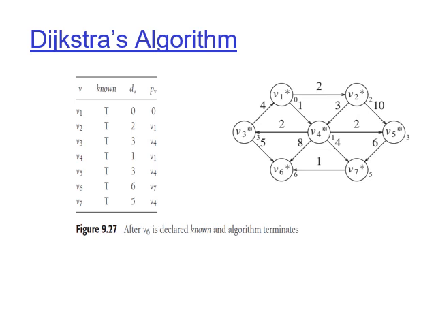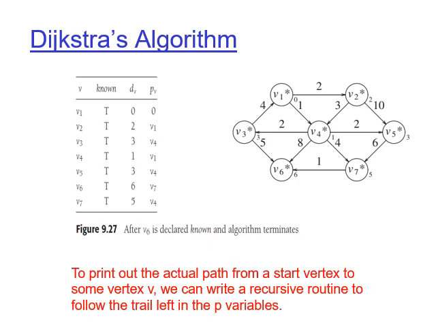right? The cost or this weight can represent anything, right? We can represent the time, we can represent the distance, or anything else. It depends upon the application. This is what we learned in our first lecture of graph algorithms. So this is how we can print out the actual path from a source node to some vertex v. We can obviously write a recursive routine to follow this. So in the book, you will find there's a recursive routine that has been given by the author of our book, right?